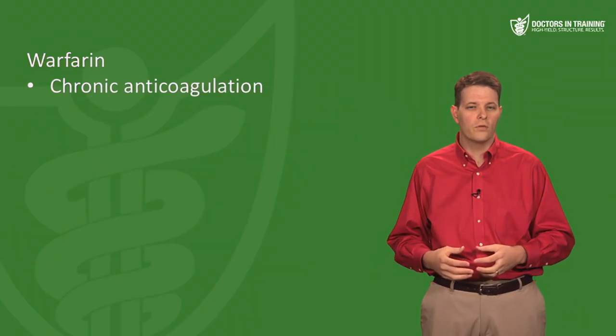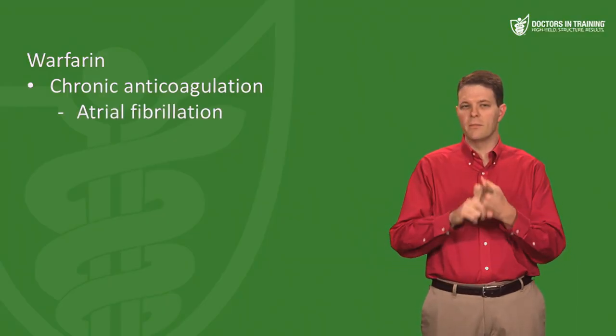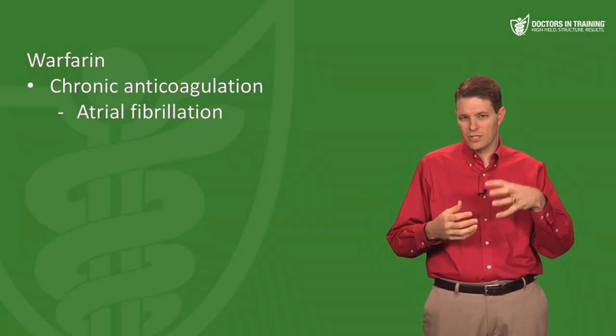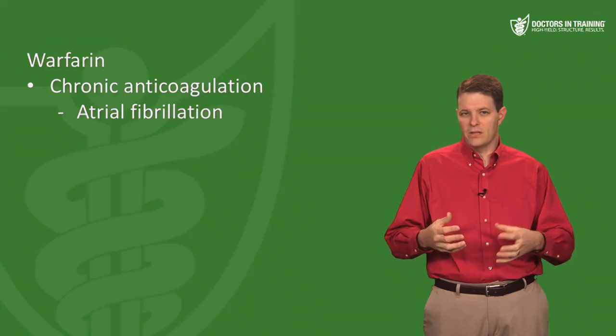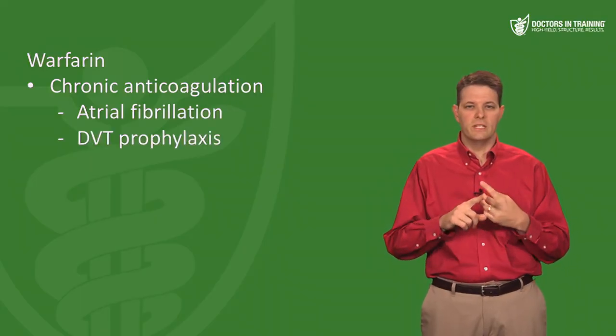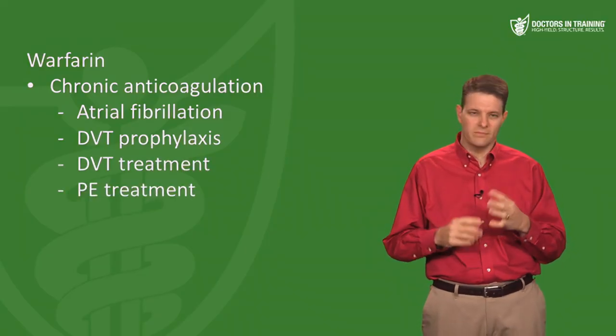Now, we use warfarin for chronic anticoagulation for a wide variety of conditions. Atrial fibrillation is a big one because the blood becomes stagnant in the left atrium when the atrium isn't contracting normally, and those AFib patients are at an increased risk of embolic stroke. We also use warfarin for DVT prophylaxis or DVT treatment, and also PE treatment, although I always tell patients that